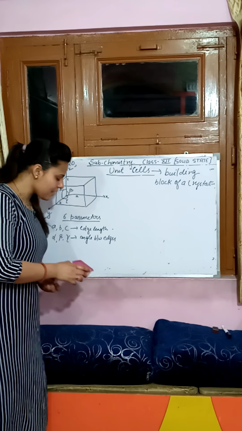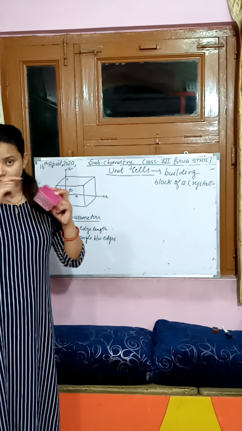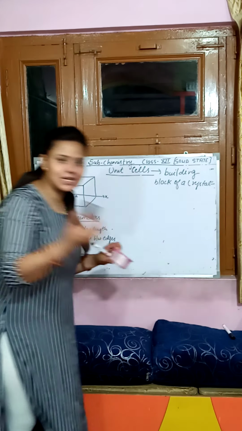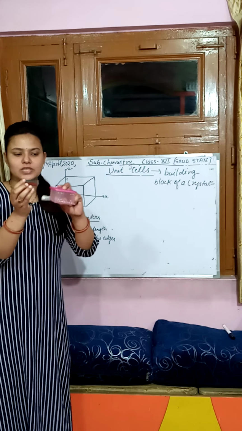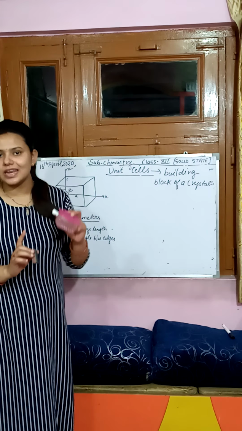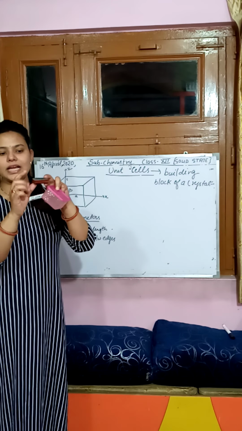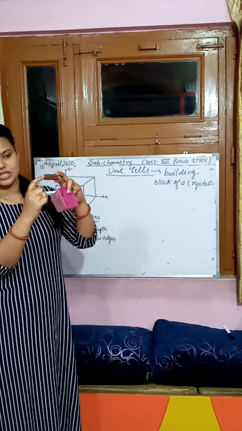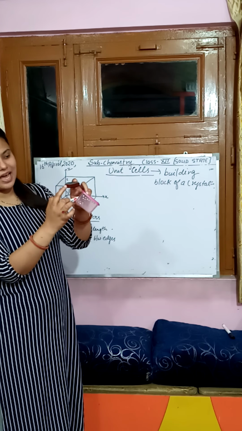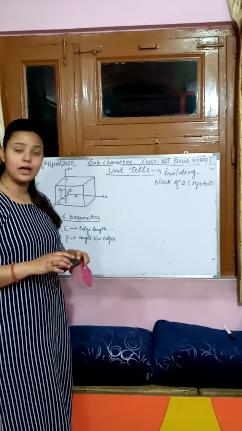Now we have seen different types of shapes. Like this is a kind of cube. We have seen a cuboid also. What we have observed in a cuboid: in a cube, all the edge lengths are equal, but in this cuboid, the edge lengths are not equal. Suppose this is the z-axis, this one is x and this one is y. If you measure the lengths of all the axes, all the edge lengths are unequal.